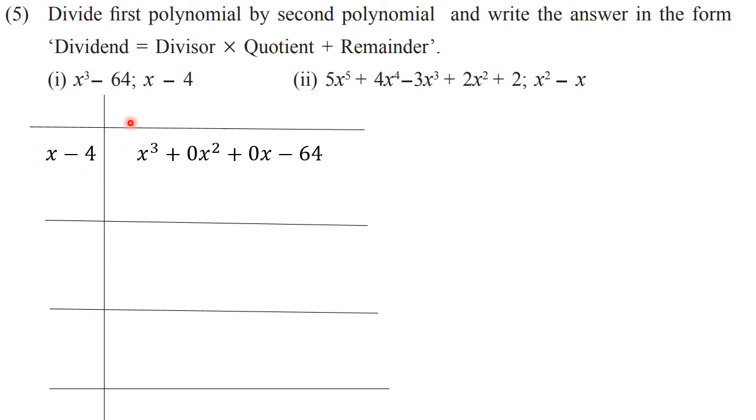Now we will get the quotient here, like we can get binomial, we can get trinomial. So here we are going to get the quotient in the form of terms, and those terms we are going to decide by observing the first term of the dividend and first term of the divisor. So here first term from dividend x cube, you have to divide by first term from divisor, that is x. X cube is divided by x. Then the answer will be x square. That is the first term of our quotient.